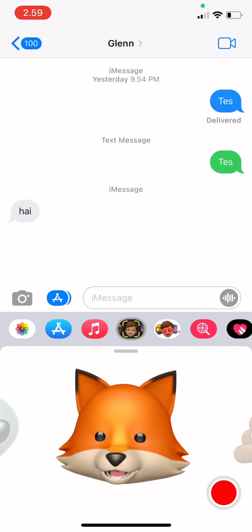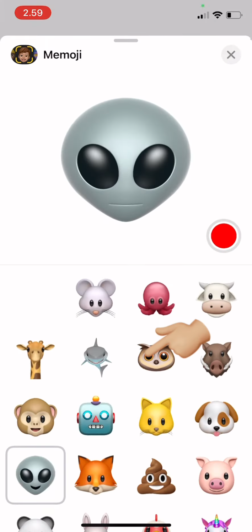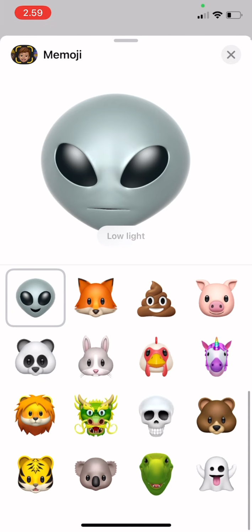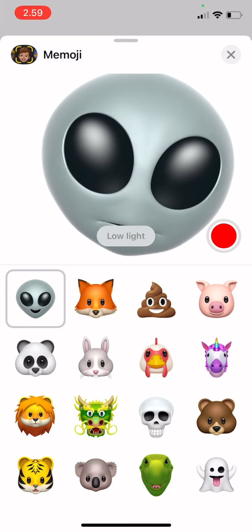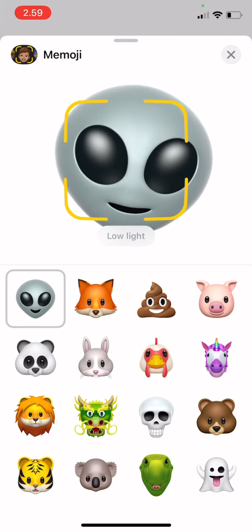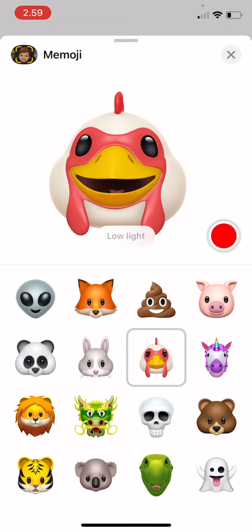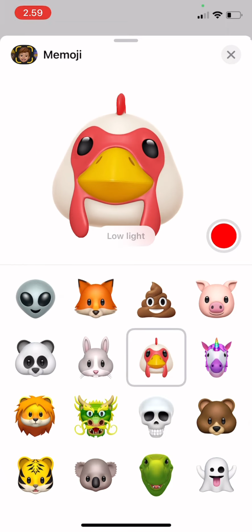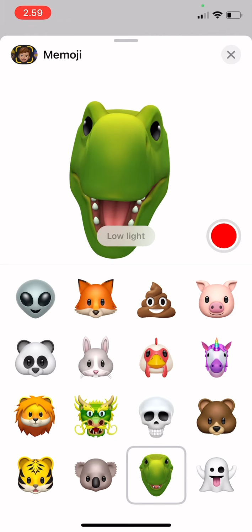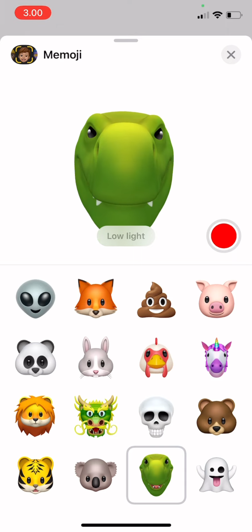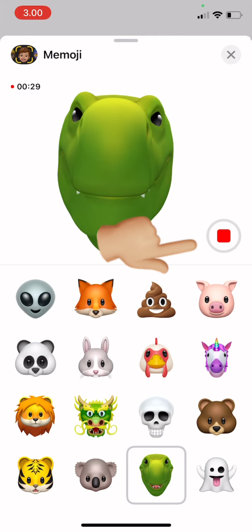facing your phone, your face to the camera, and then just slide up to pick different characters, and you can zoom in your face, and then you could also smile, so you could just try out different facial expressions, and then you can tap on the record button to start